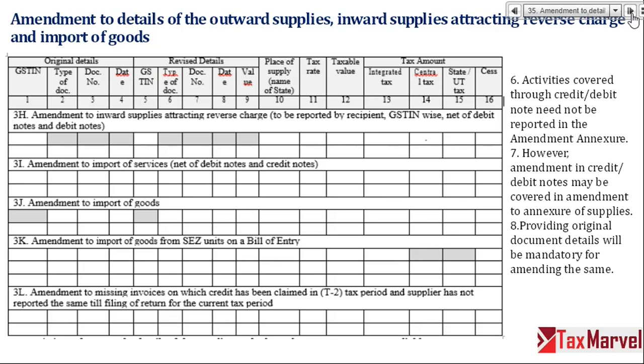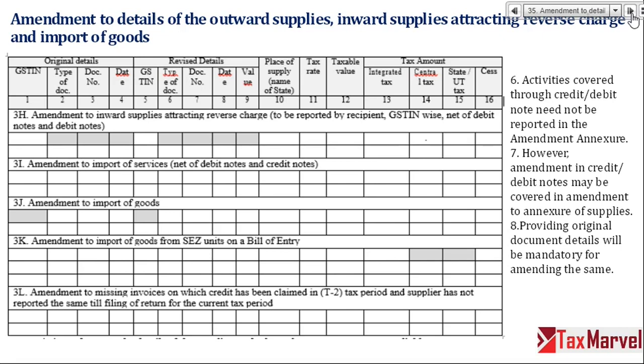So if I have already filed return for April I can do amendment anytime up to September of next year or annual return. You can always amend, and you can make amendment 2 times, not once. Any amendment if you want to make, providing of original document number is mandatory. System will ask you what do you want to amend. I'll say I want to amend. System will tell you I don't know what you want to amend. Tell me what you want to amend. So I'll say I want to amend invoice number 1.